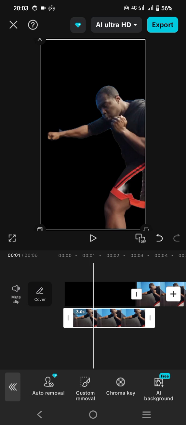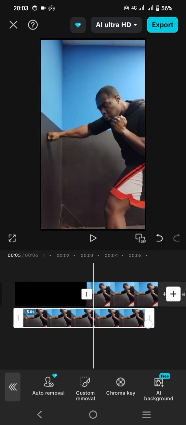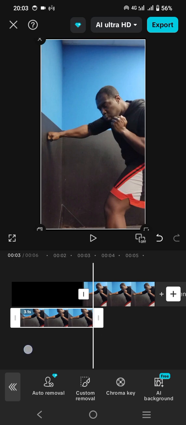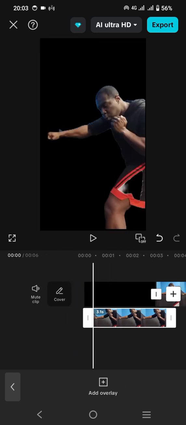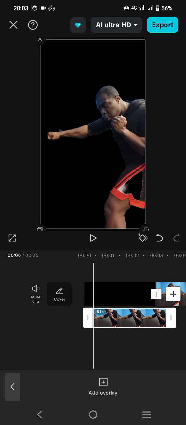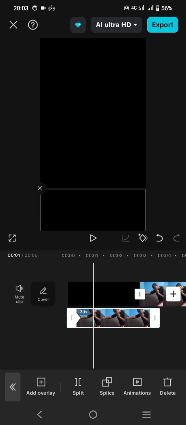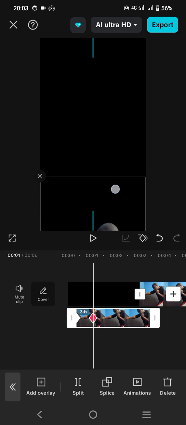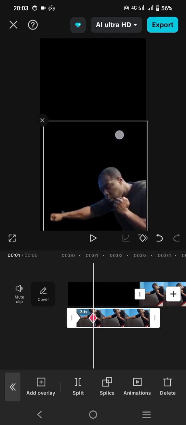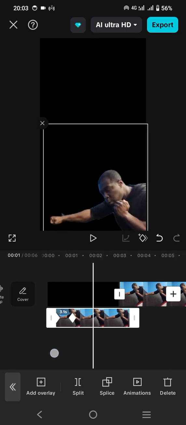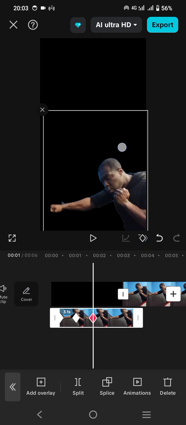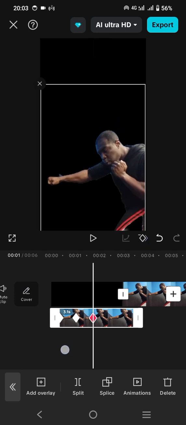And then I will also slightly add a little bit of duration. Then I will start from the first second of this picture. Then I will move this picture a little bit down here. Then I will add the keyframe, slide this picture to the right, and slightly take this picture up, move again and add the keyframe, and move it up again